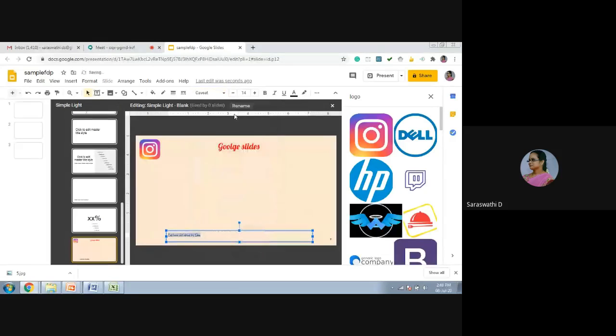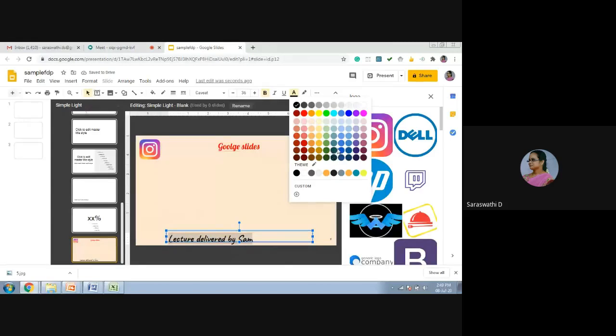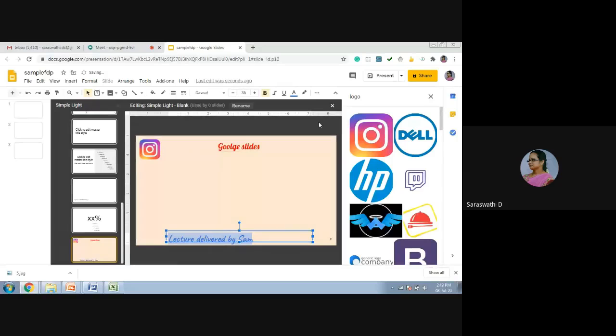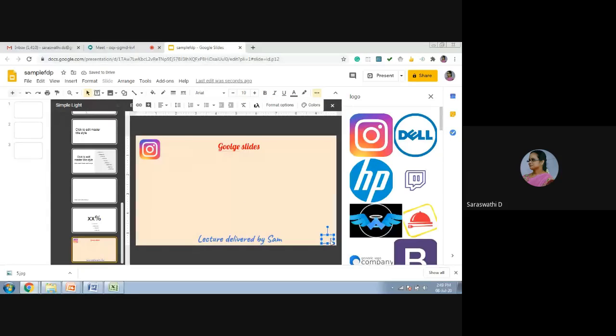And change the font of that lecture and the font style size also. And change this formatting, bold and italic, and change the color. And if you want to move to the center of that box, just go to the alignment.